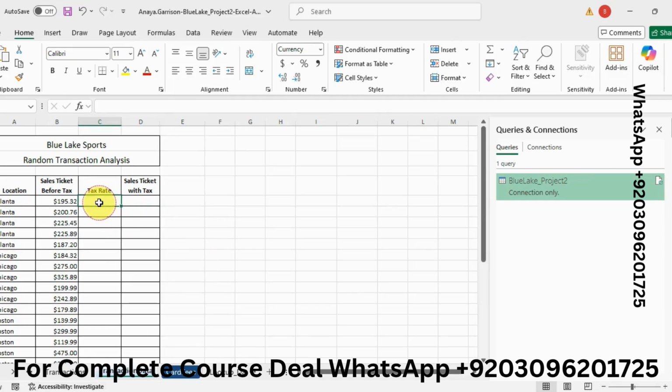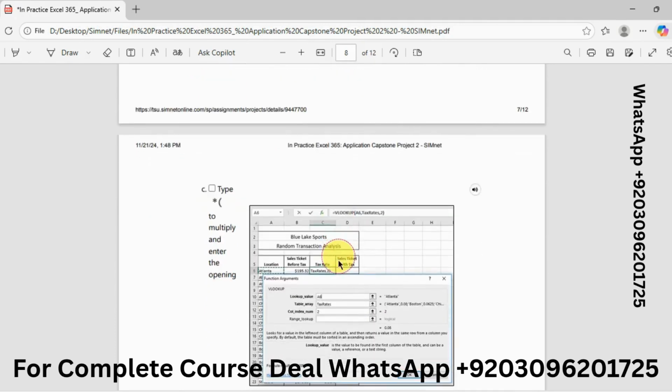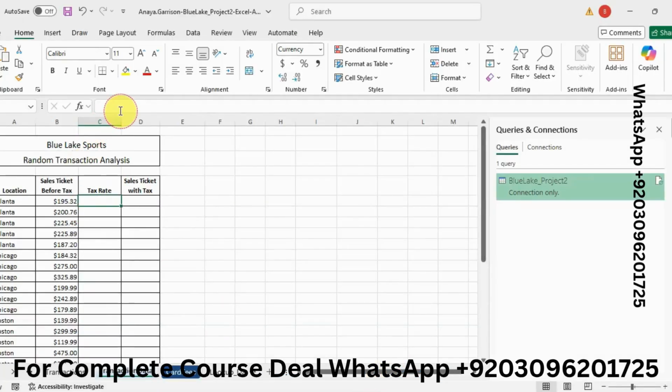So click on cell C6, already selected, and now build a VLOOKUP formula to look up the value in cell A6 in the text rates array and display the text rate. Copy the VLOOKUP formula in column C and format the result as percent style with 2 decimal places. Okay, got it. You can see this figure. So in C6 type